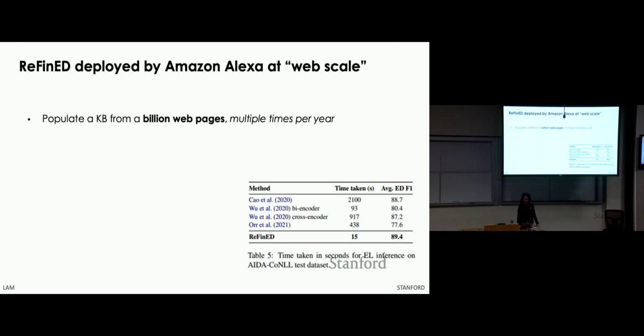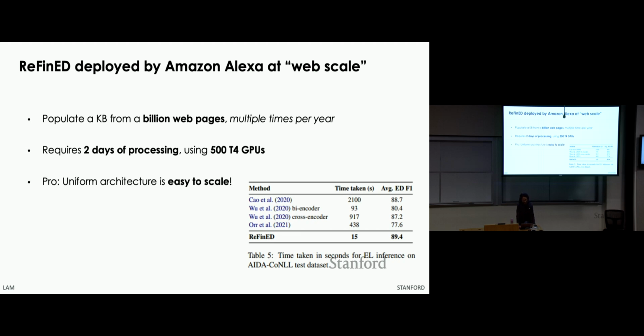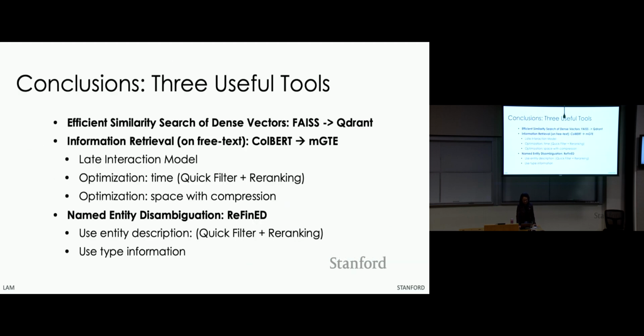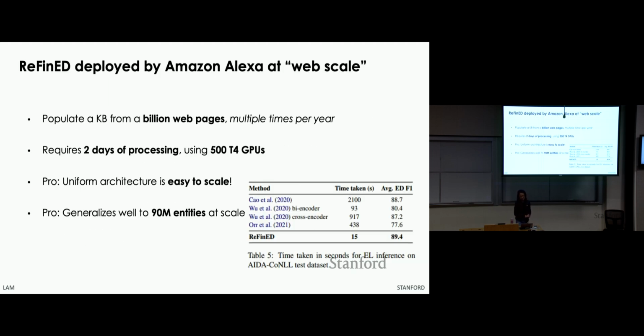So at Amazon scale, we're now talking about populating a knowledge base with 1 billion web pages, and they do this multiple times a year. It requires 2 days of processing on 500 T4 GPUs. And it is a very uniform architecture. It generalizes to 90 million entities at scale. And that is the ReFinED